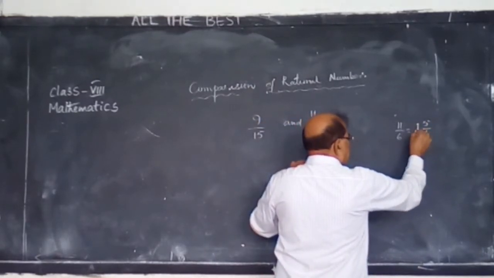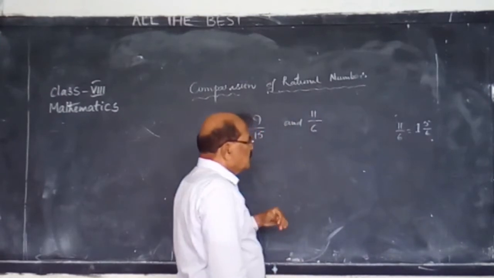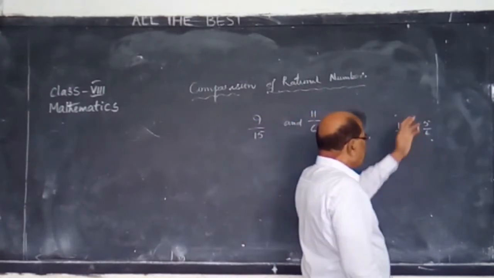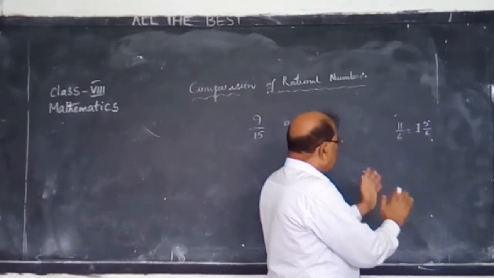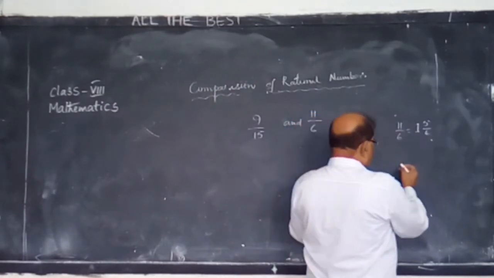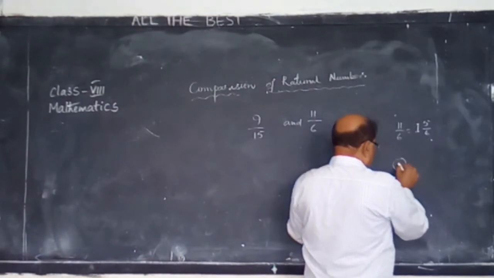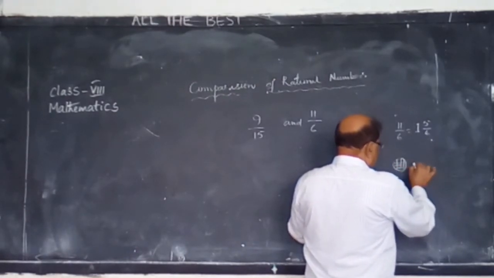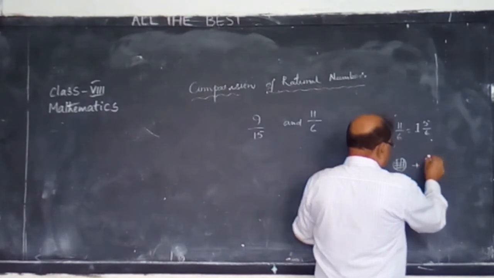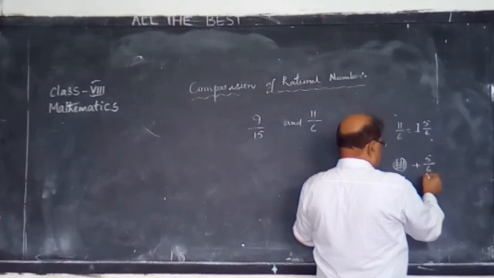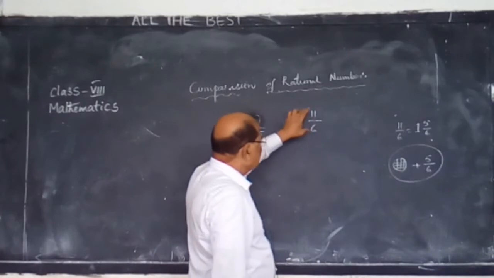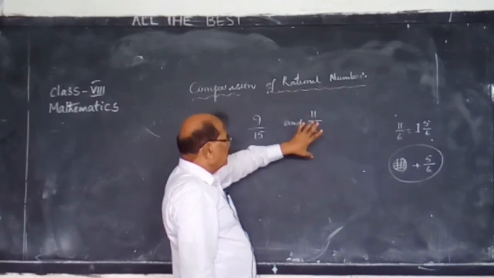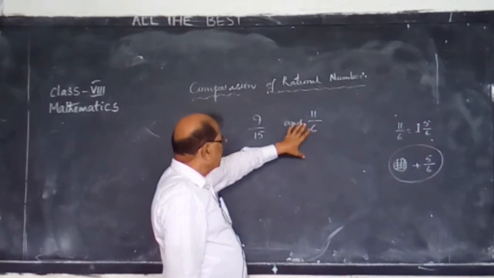This is more than 1. This one is called the integral part, the total. Suppose there are two fruits. He has taken one fruit completely, plus in another one, making the fruit into 6 equal parts, he has taken 5 parts. So this comes like this. It is not a simple fraction, it is a mixed fraction. It is an improper fraction.